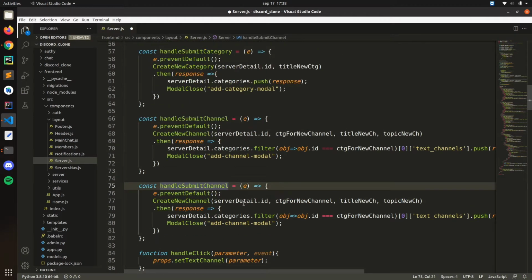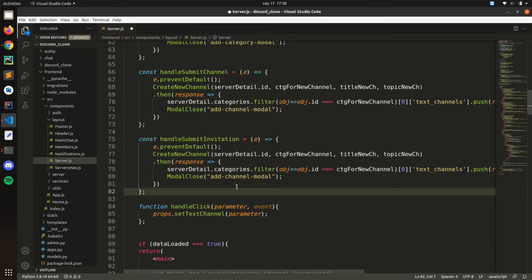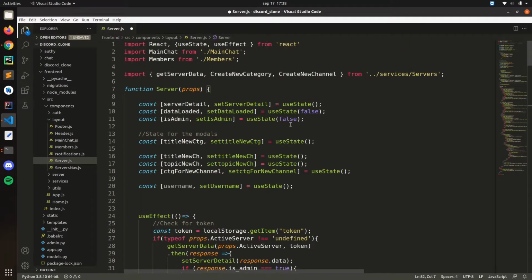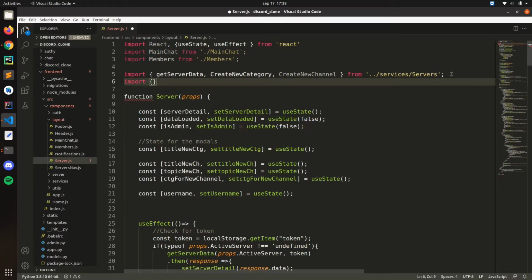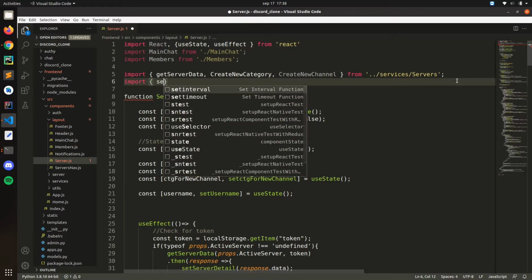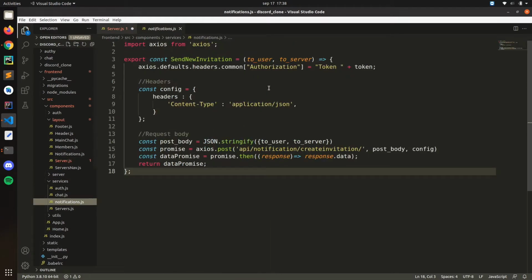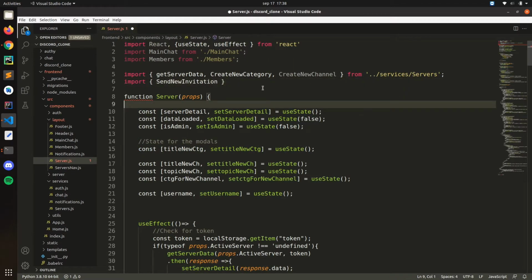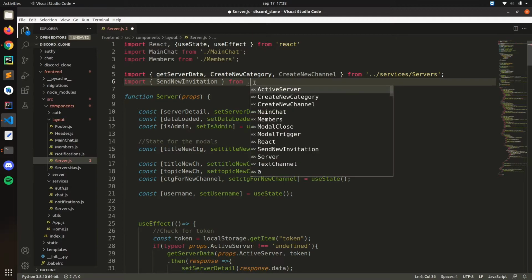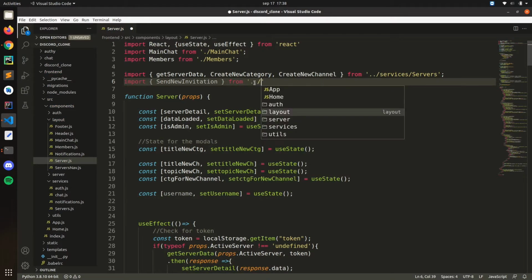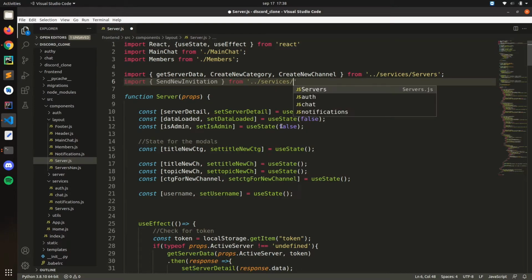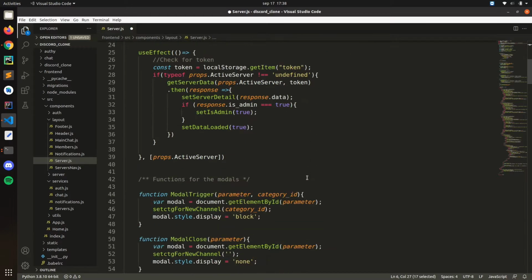Okay. Now we need to import our service here. Import, let me see, services, notifications. This is the function. Run dot services/notifications. That will be the notification services. Here,